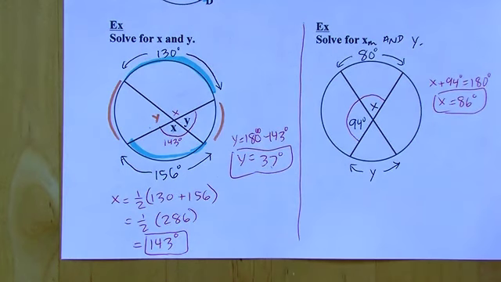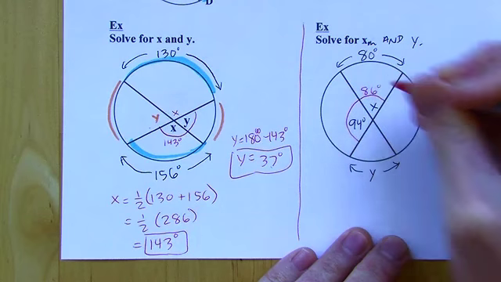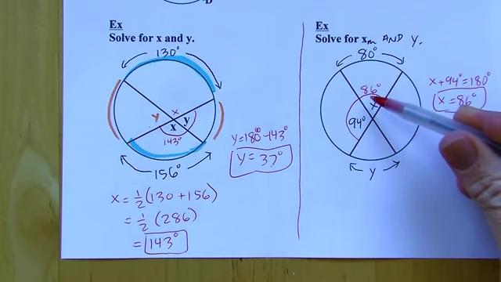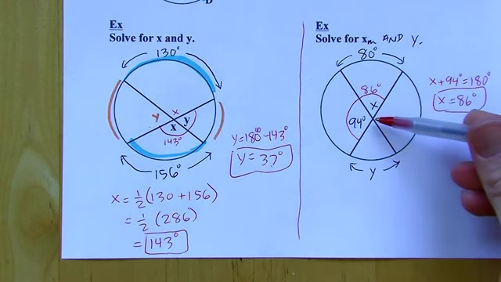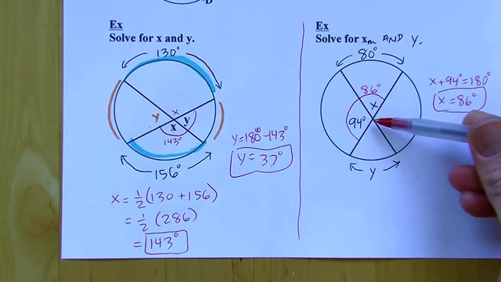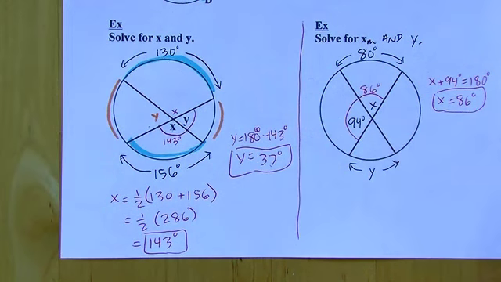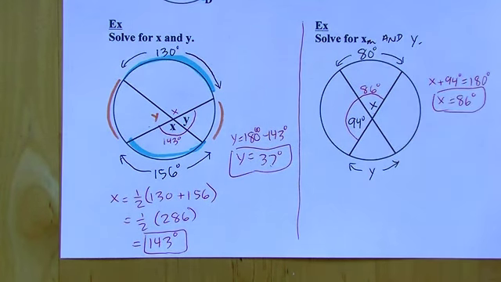Okay, so let me put that in the picture. Now notice that it kind of looks like that might be a central angle, but notice I've got 86 degrees and 80 degrees. So it's definitely not a central angle. So this must not be the center of the circle. It looks like it's actually a little bit below the center. But just because something looks like the center, don't assume it's the center unless it looks like the center and there's a big dot there. That's supposed to indicate that it's the center. And then the measure of the central angle would be the same as the